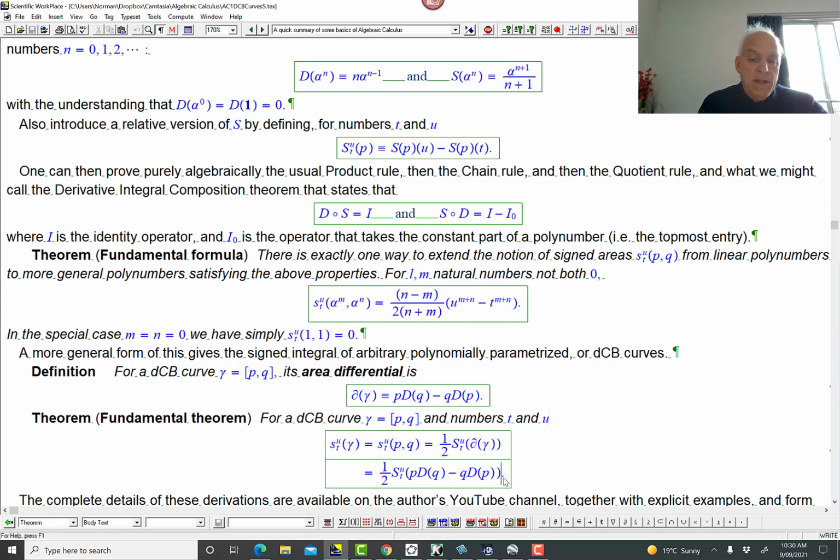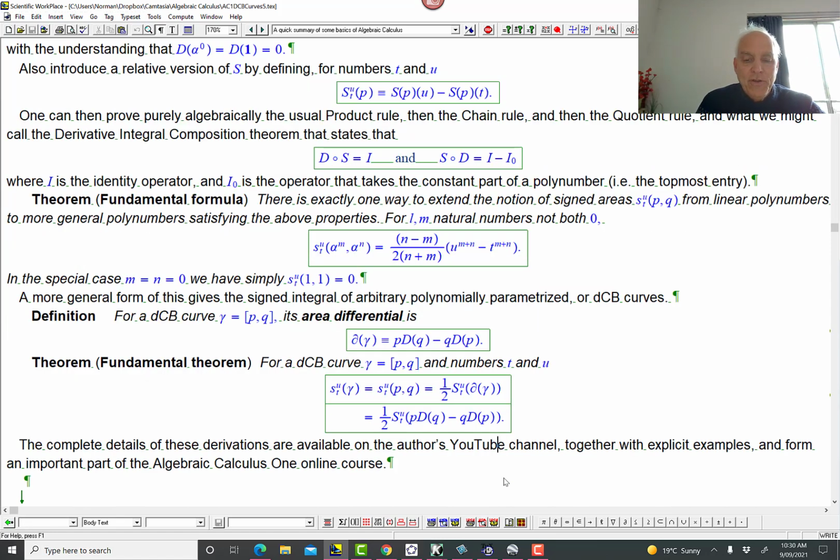So from my point of view, this is the fundamental formula of the algebraic calculus. This is the true fundamental formula. Okay, so that's a huge thing. If you take the course, you will spend many weeks learning all kinds of things, and eventually you will understand all of this completely well, I hope. But I want you to appreciate that even if you haven't taken the course, the bare bones sort of logical structure, as I presented it here rather concisely, is still reasonably accessible.